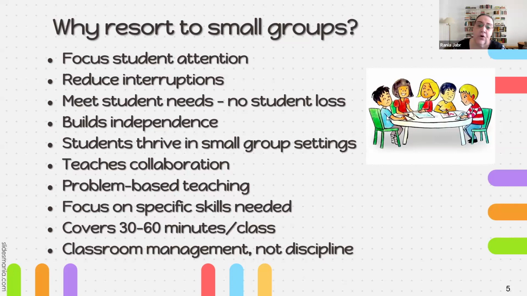And of course, my classes are long. The way the setup is, no time to describe in detail the setup, but this basically takes a good chunk of the class, and it's time well invested, not time wasted. And of course, it's a very diplomatic way to teach the students how to manage themselves in a classroom setting. It's not discipline, but it's basically incorporating them into the class dynamics.